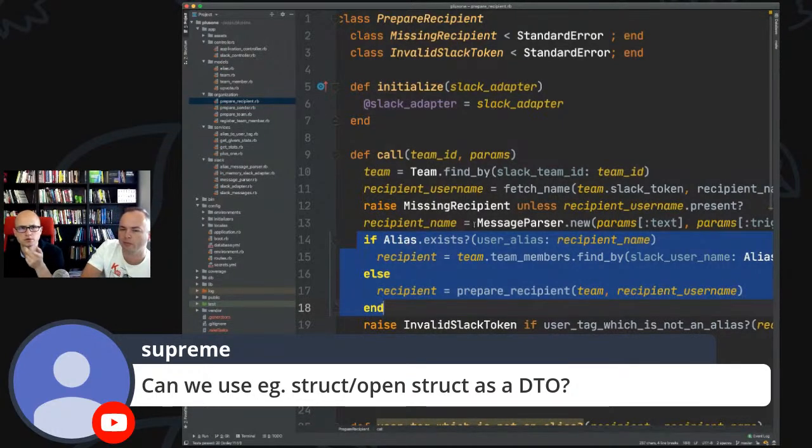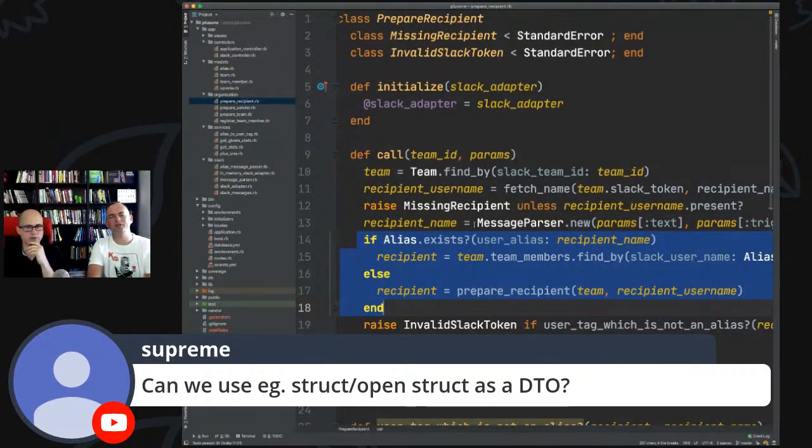Yeah, I was also thinking whether we need actually Slack adapter here, or we could get this name to prepare. But then I was looking at the code, and I thought maybe it's some kind of, let's say, complex creational pattern that you have to create a user. You have to do a lot of things.